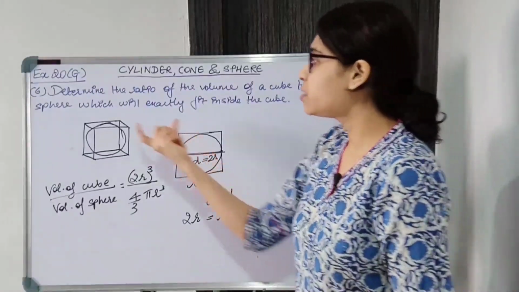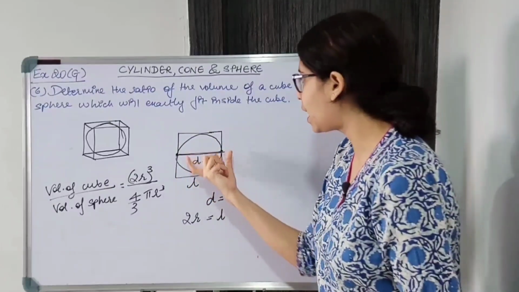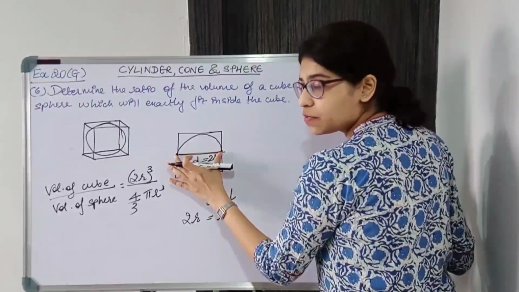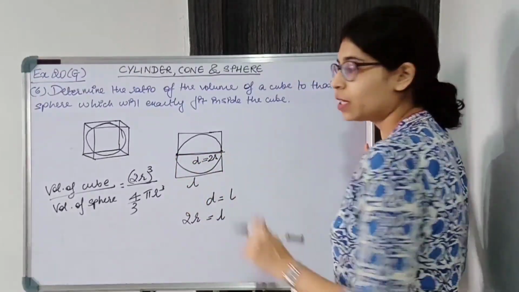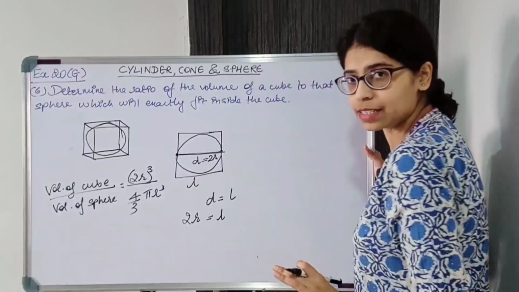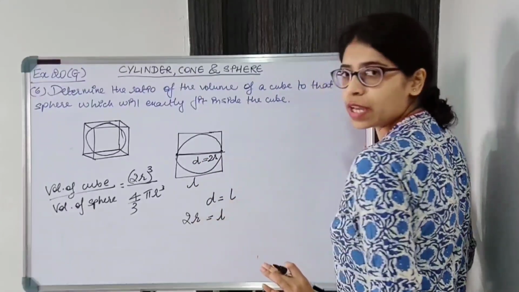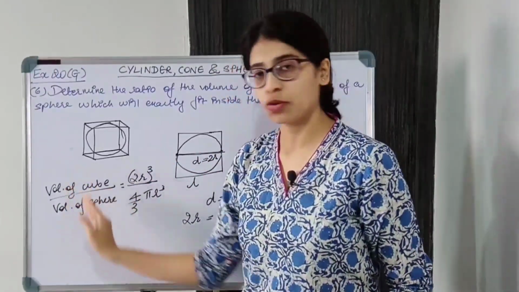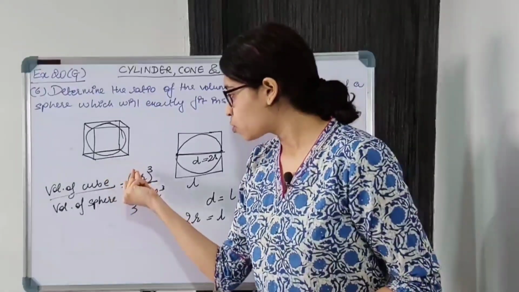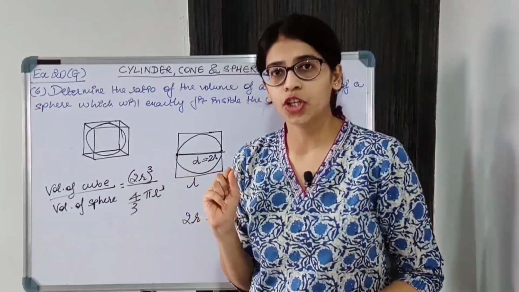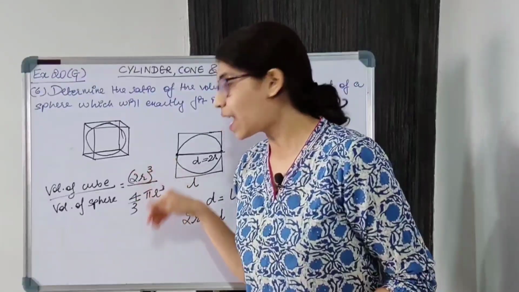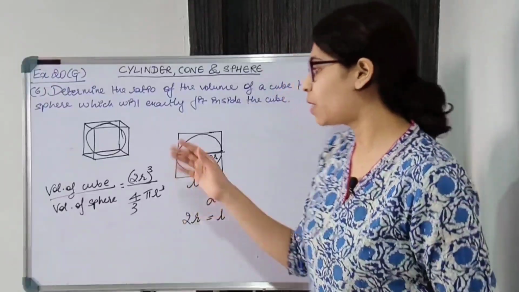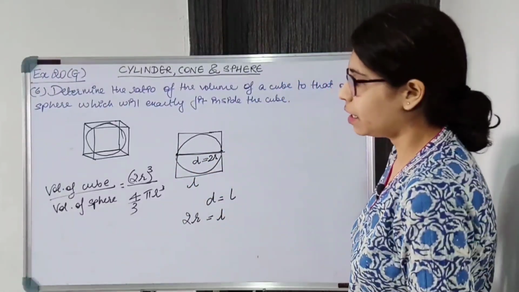It's very easy, the sphere is fitting exactly inside the cube. So this means that the diameter of this sphere is equal to the length of the cube. Now diameter is what? Twice radius. So 2R is equal to L. So why are we doing this? Because we have to find the ratio of the volumes. Now what are the volumes? Volume over here is L cube, this is 4 by 3 pi r cube. So we want to cancel out the alphabets over here. This is why we are relating R and L.